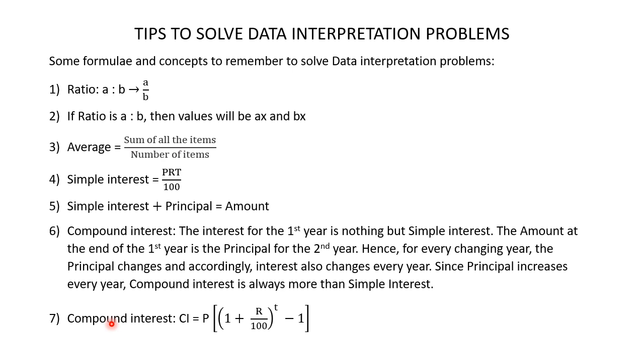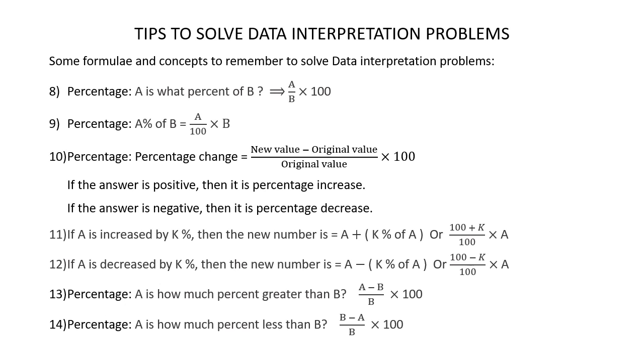Now, compound interest can be calculated using this formula. Compound interest is equal to principal multiplied by (1 plus r by 100) raised to the power of t, minus 1. Now let's move on to percentages. If you are asked to find A is what percent of B, then divide A by B and multiply with 100. If you are asked to find what is A percent of B, then divide A by 100 and multiply